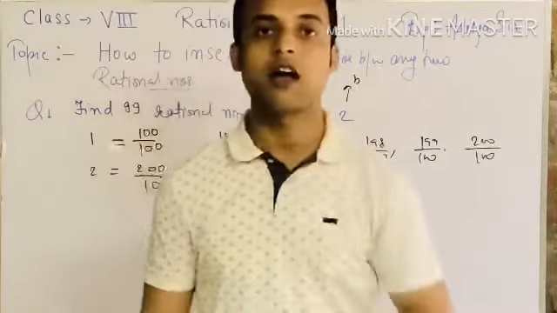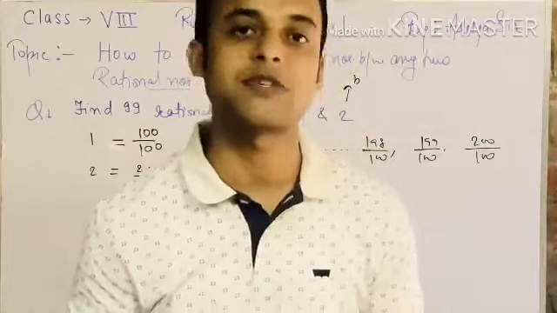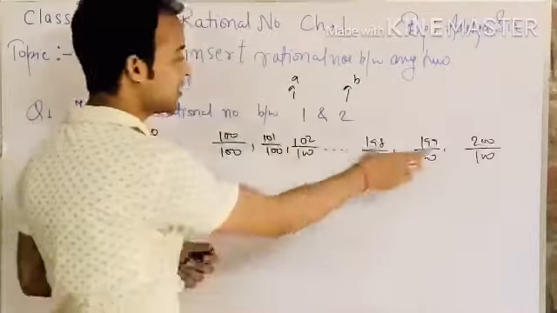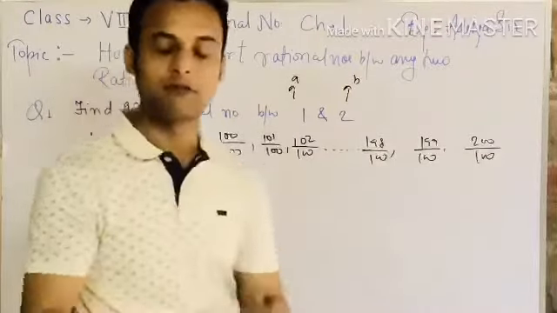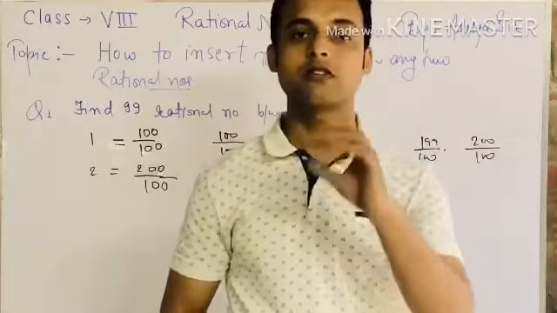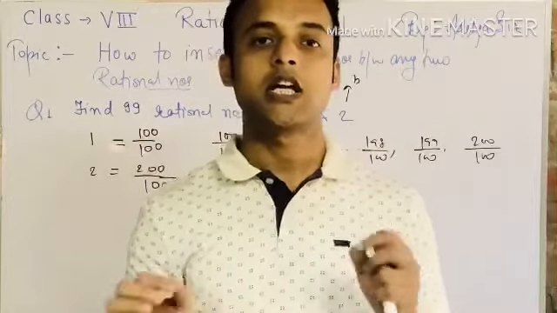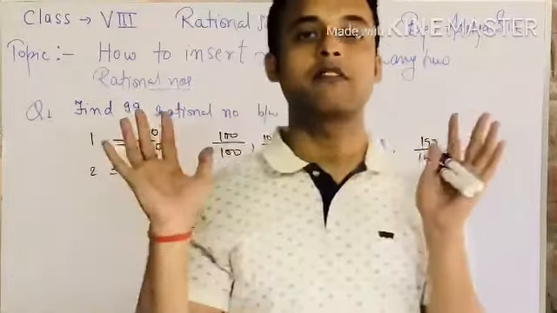So this is how you can insert. अब सारा नंबर लिख के दिखाने की आवश्यकता नहीं, वो टीचर को पता है. आप 4 आगे लिख दीजिएगा, 4 पीछे लिख दीजिएगा, and that will be sufficient. So these are the basic two methods by which you can insert rational numbers between any two given rational numbers.